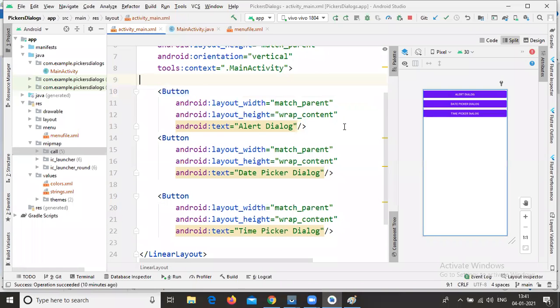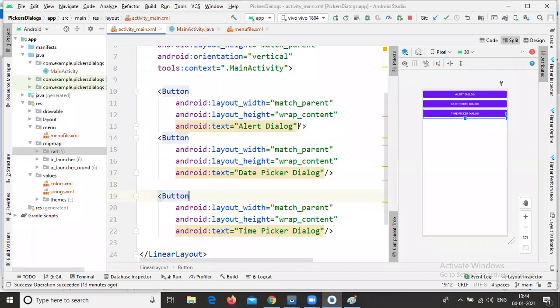As of now we didn't implement any on-click events, so we are going to write only these three properties, that is width, height, and text.